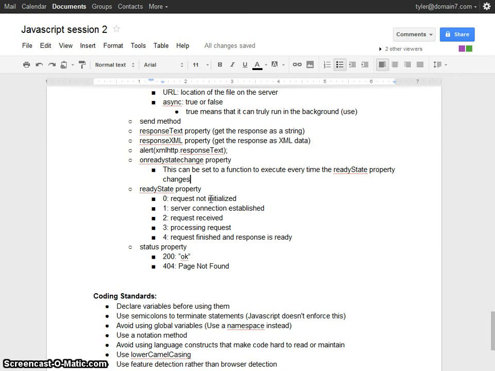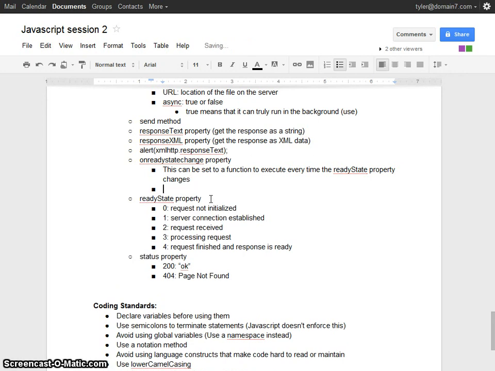And the ready state is a property that we'll get to in a second. So I could do something like xmlhttp.onreadystatechange is equal to function, and then do something with it.